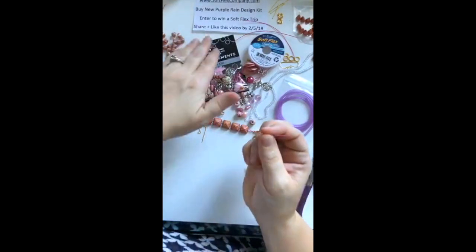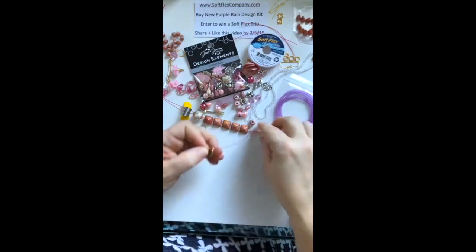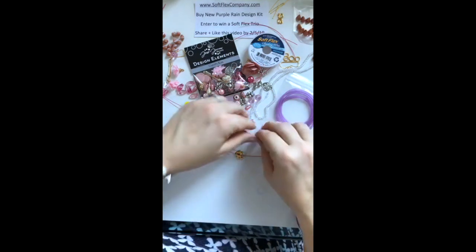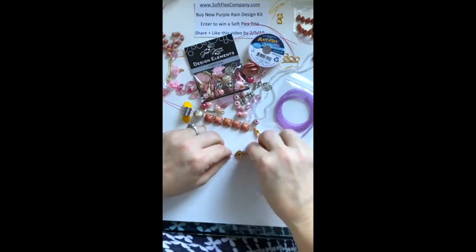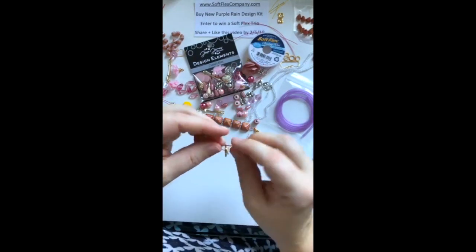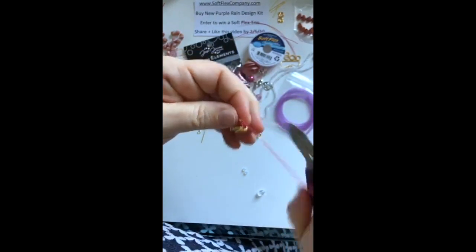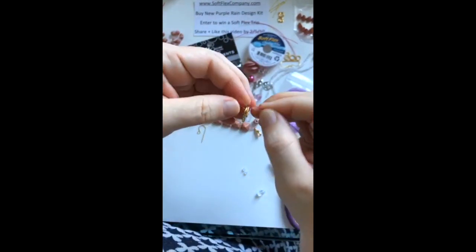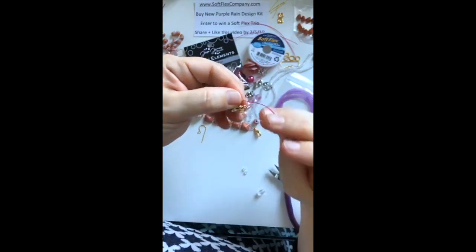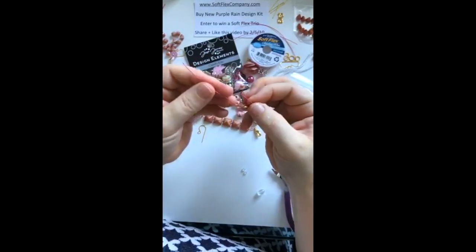So I'm going to string my 2x2mm crimp tube on here again. I'm going to go through my cute little locket, and then I think I should just attach to this ring actually. I think that might be the best. So I'm going to attach to the jump ring for the other side of the design, and I'll just feed my wire back into the tube and make a round circle. You don't want to get so small that your crimping pliers won't easily fit inside that ring. So don't get too small. I would say the size of the jump ring itself is probably a good size. And then just for a little added strength to keep it a nice little circle, I'm going to go through one more pass